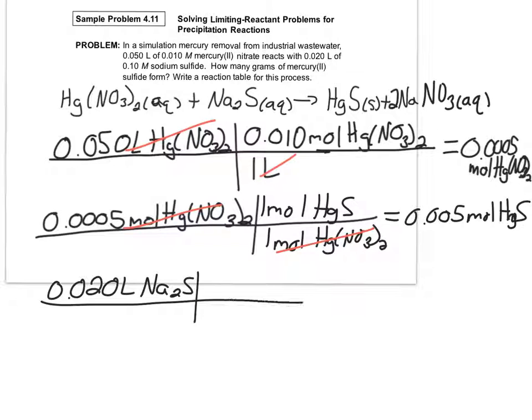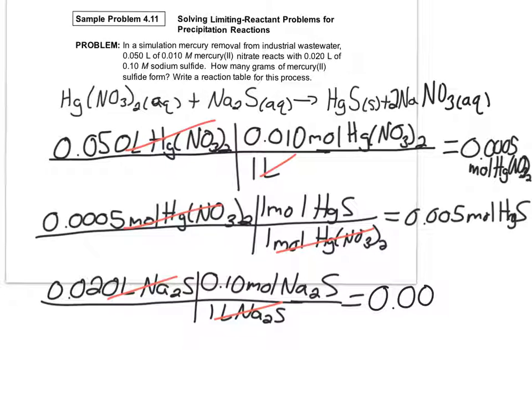And I've got to first convert to moles, using my molarity, and they tell me that in 1 liter of the sodium sulfide, we have 0.10 moles of sodium sulfide. I'm getting that directly from the molarity. Remember, the units for molarity are moles per liter. Liters cancel with liters. All right, I've got 0.02 times 0.1, and that's going to give me 0.002